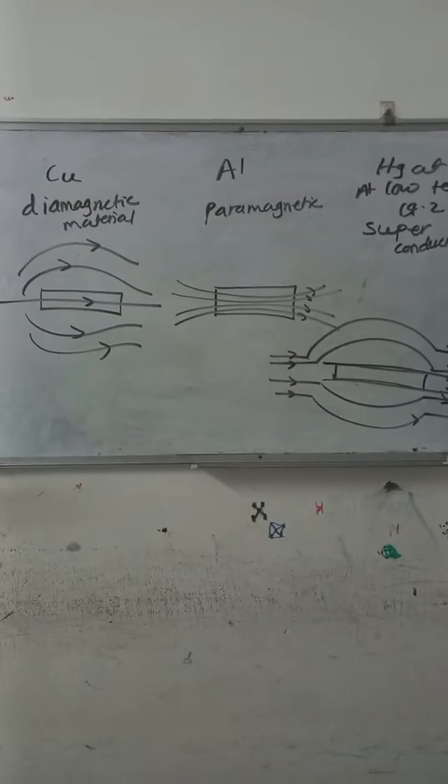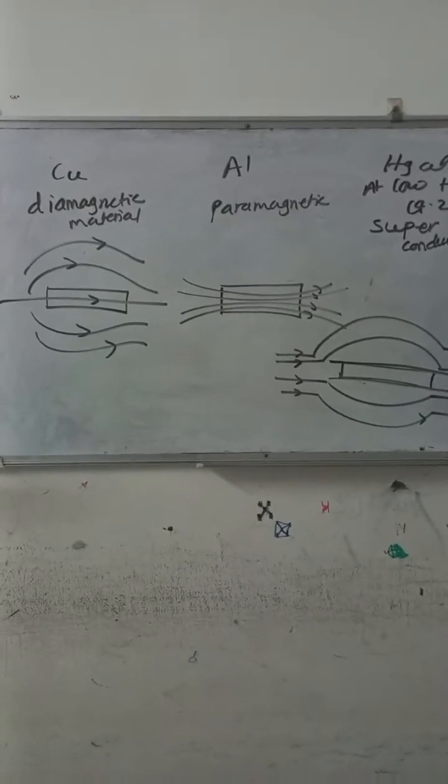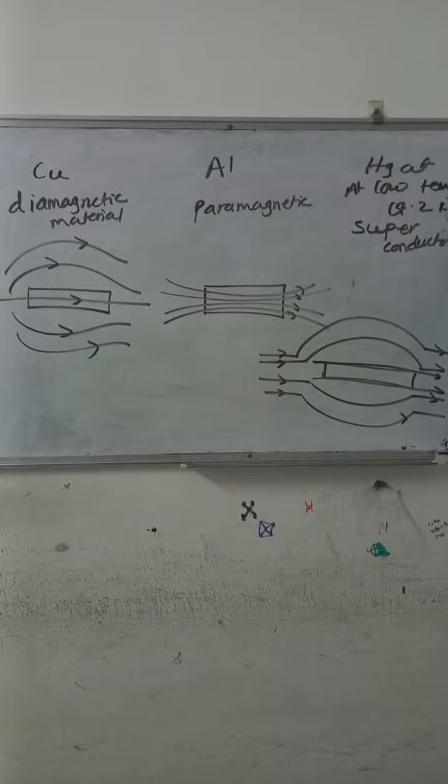Can you see the board properly? Okay, write down here. A solenoid has a core of material with epsilon r equal to 500